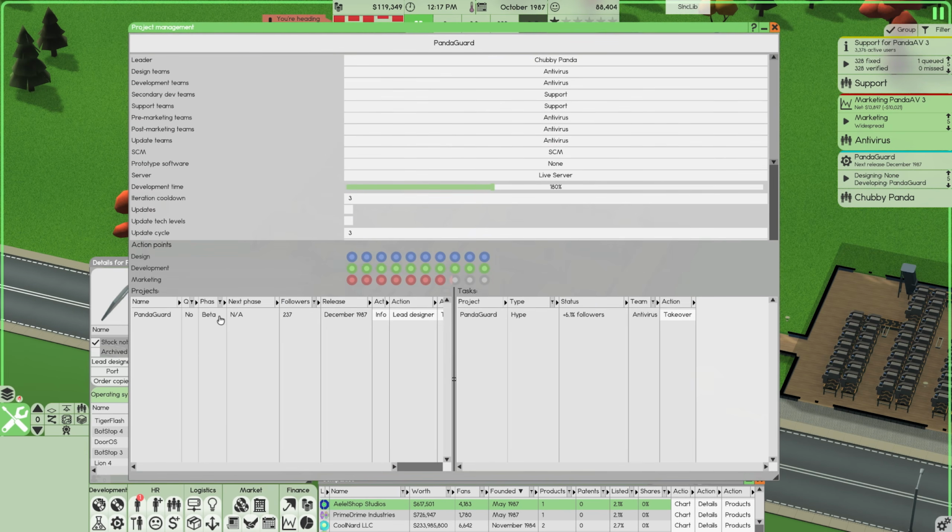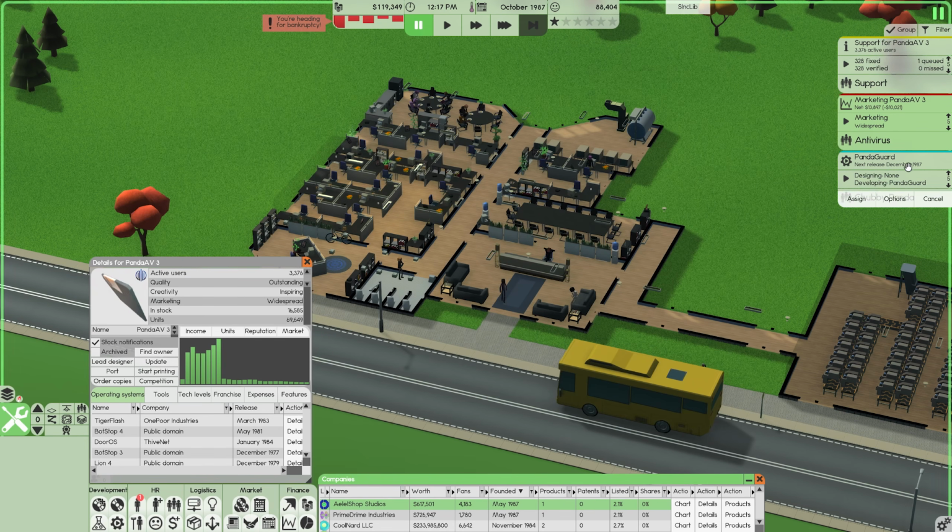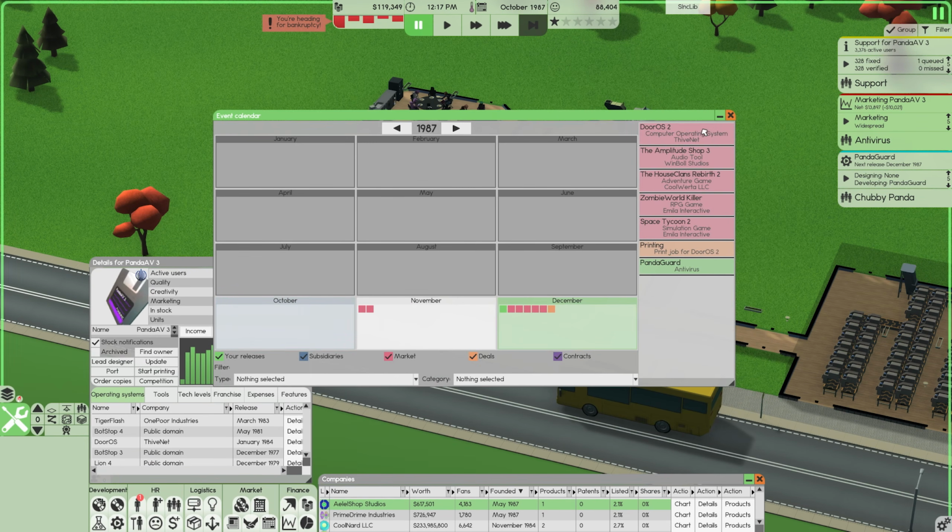Panda Guard's doing well. It's currently in beta. We did all our marketing and everything, and we've gotten ourselves 237 followers, which is not fantastic, but for Impossible Mode is not too bad for right now. That should be releasing in December. Let's just have a quick look, and